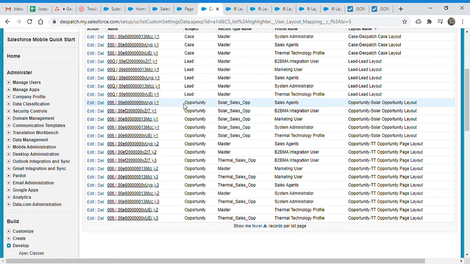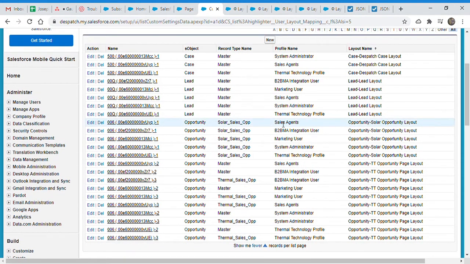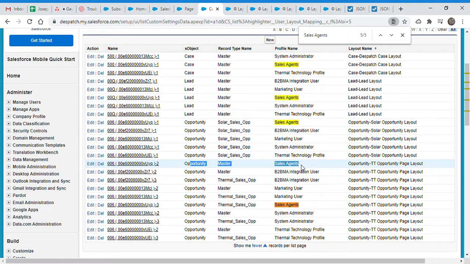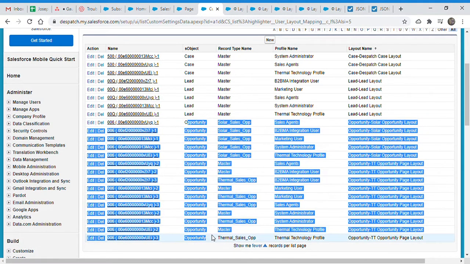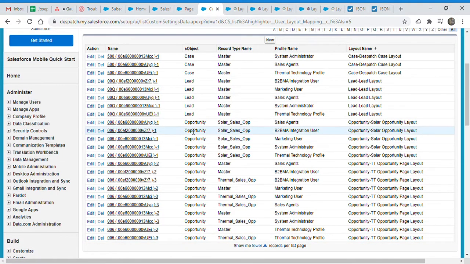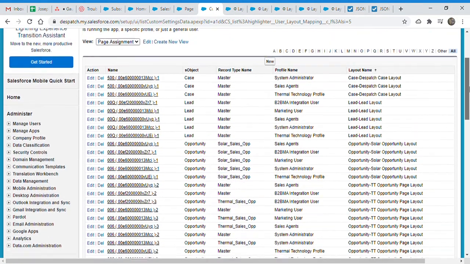So let's say we are syncing for sales agent. When we sync for sales agent and for opportunity, we synced only 3 records. That is what was happening earlier, yesterday. Then I changed it, so when a sales agent syncs the layout from the opportunity detail page, now we are syncing the whole 15 records, and sometimes it takes more time because there are more layouts, here it is 15, but it should be quick.